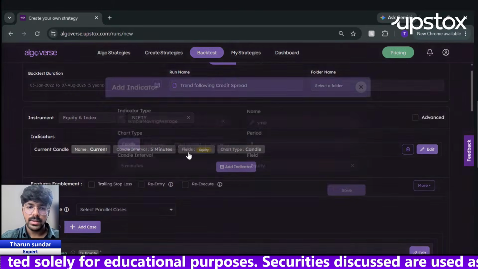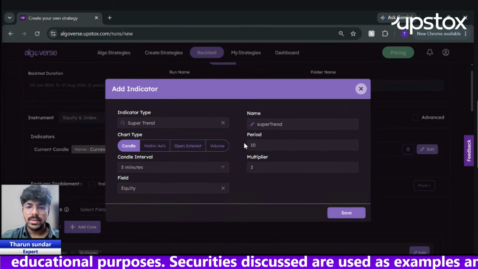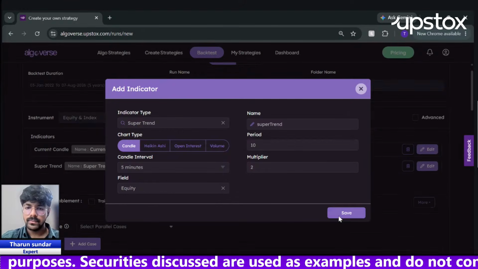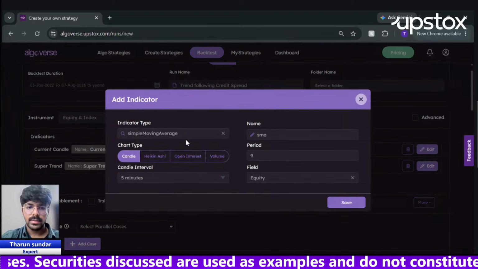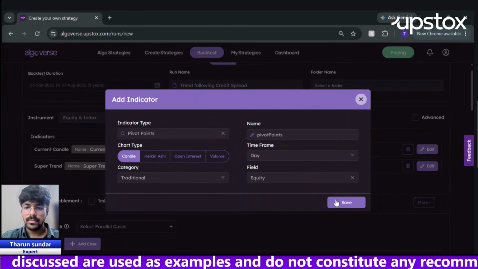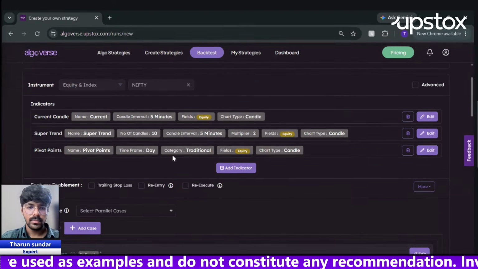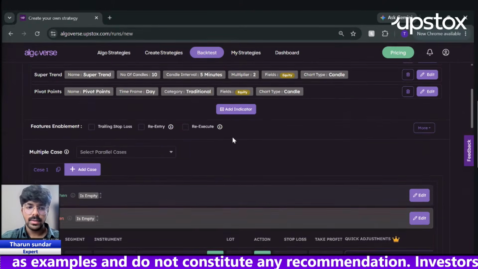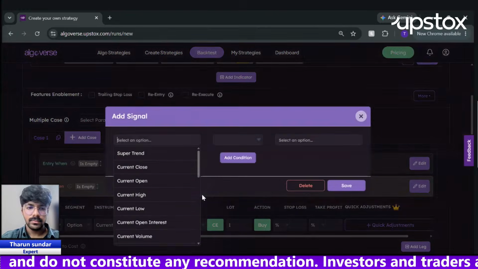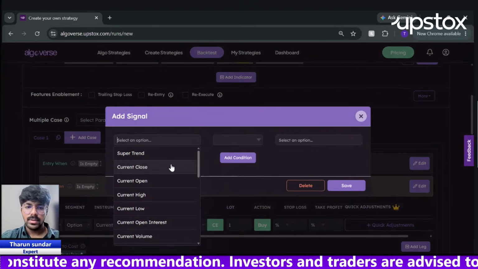One is we have a current candle by default. Another one is a Super Trend, a standard 10,2 Super Trend in the 5 minute time frame. Next one is the pivot points. So after this, let's come to the entry event section. And the conditions which I'm going to give here are very simple. That is, first one,